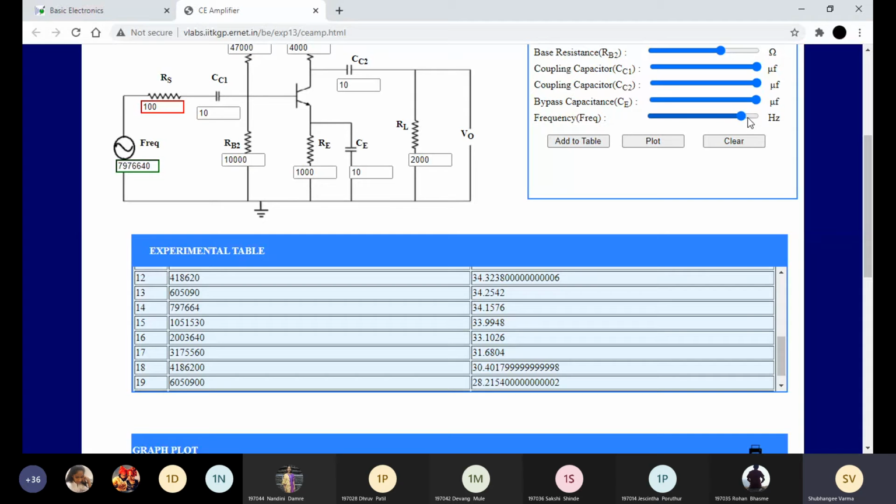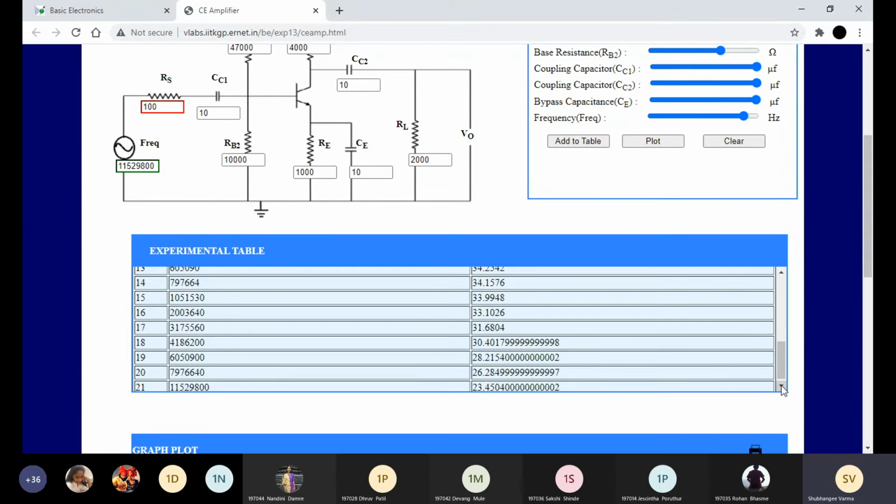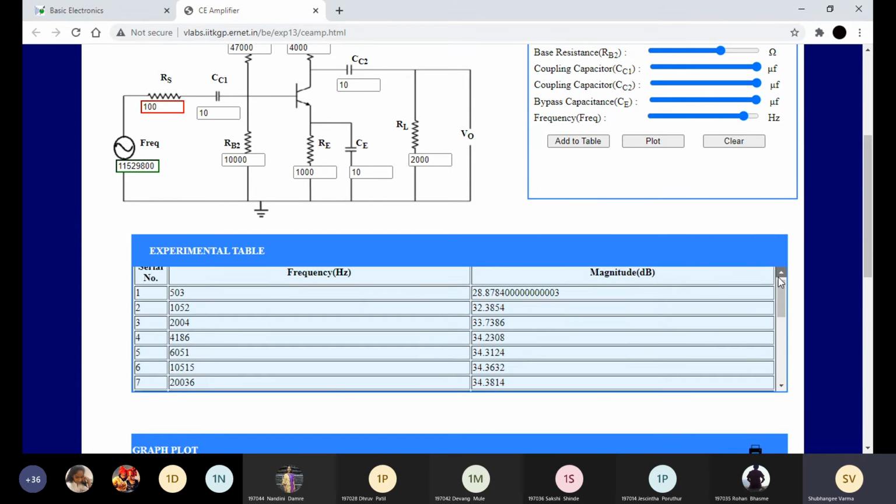And then 1 gigahertz. Okay, so here we have taken reading up to 1 gigahertz.